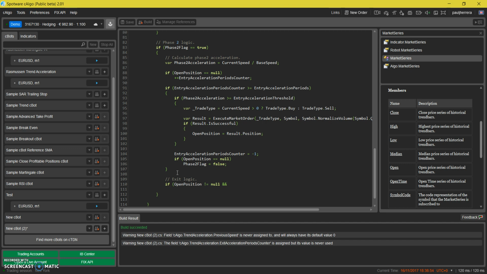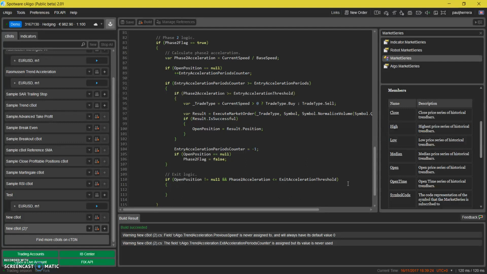And opposite to this, where the phase 2 acceleration is greater than our entry acceleration threshold, we need to do the opposite thing: we have to be sure that the phase 2 acceleration is less than the exit acceleration threshold. Okay, so